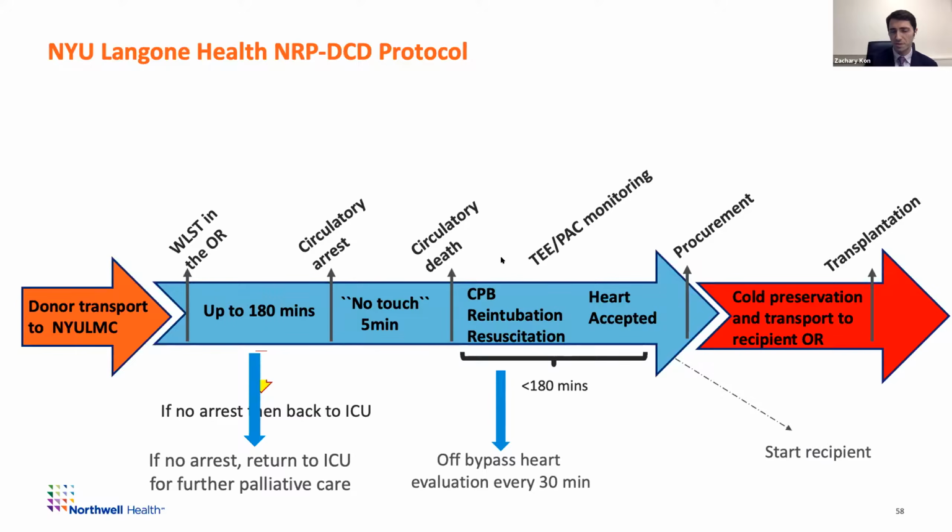Simultaneous to the abdominal team scrubbing in, the TE probe is placed and the patient's reintubated. If there's not a Swan, one is usually floated, although sometimes we will just put a catheter in the PA directly. And then we will allow reperfusion for 30 minutes and then come off bypass and do a formal evaluation. If the heart looks great, we actually will stay off bypass unless we need to for some other reason, and I'll get into that in a second with regard to pulmonary function. If, however, the heart does not look good, we'll go back on, wait another 30 minutes, reevaluate the heart, and we will sequentially do that for up to 180 minutes. If at that point the heart doesn't look good, we will turn it down.